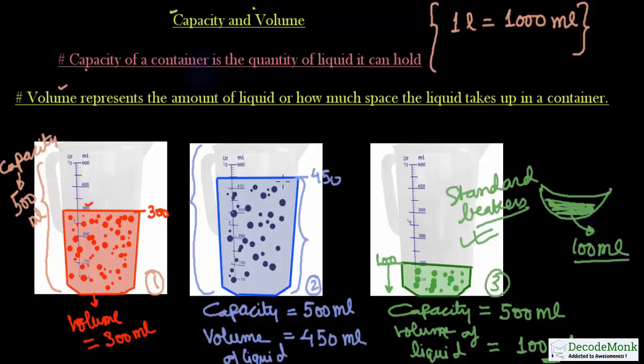Similarly, if you put this liquid 450 ml in any other jug or a cup, the liquid inside that jug will be 450 ml and that will not change. The container may change but the volume of the liquid will remain the same because they have been measured using